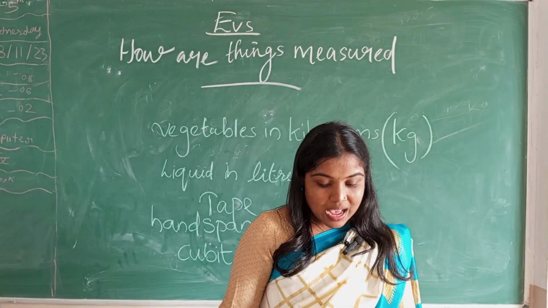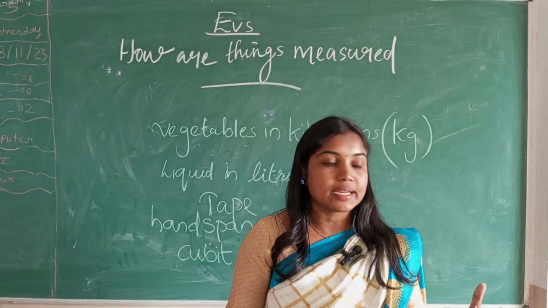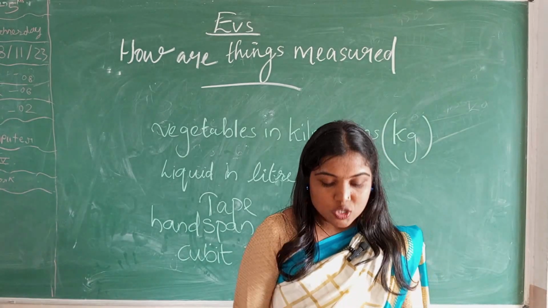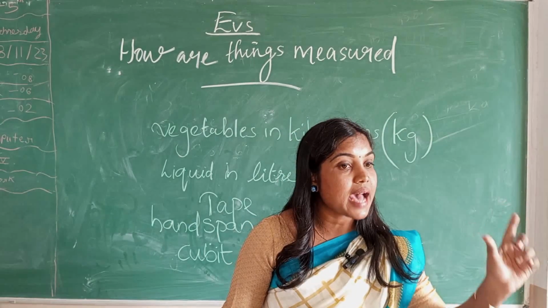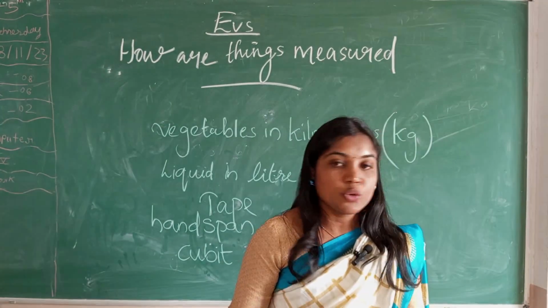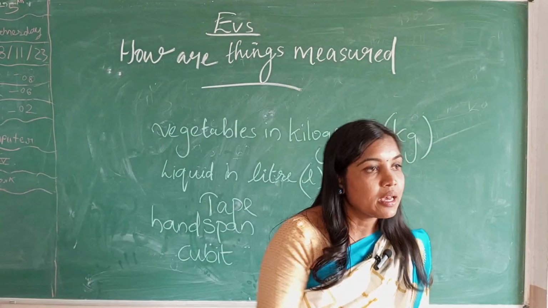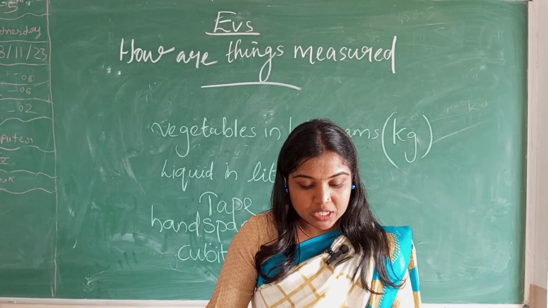Because your hand is small and your mother's or your father's hand is large, bigger. So there is a difference in the measurement because different handspans have different measurements. Your mother's handspan measurement is different from your measurement. So to get an accurate measurement,